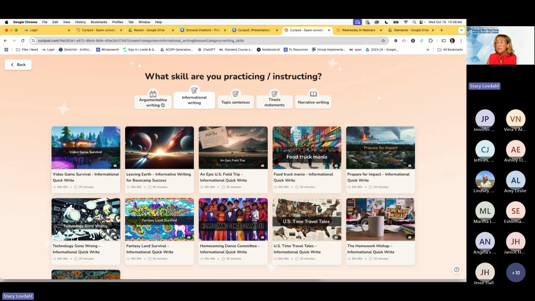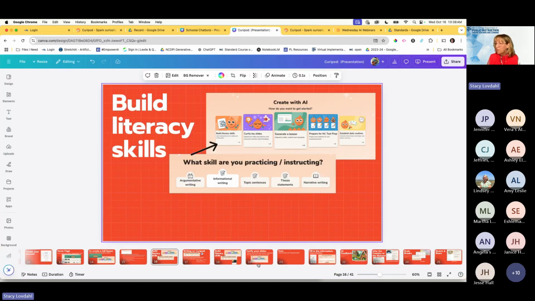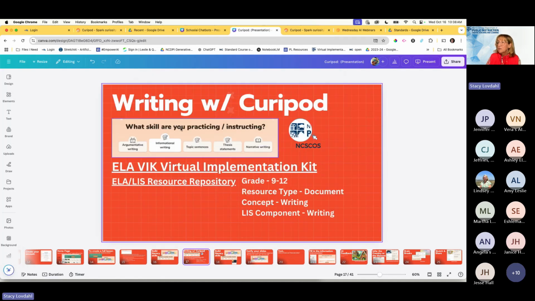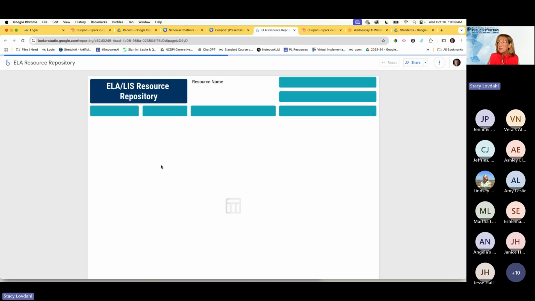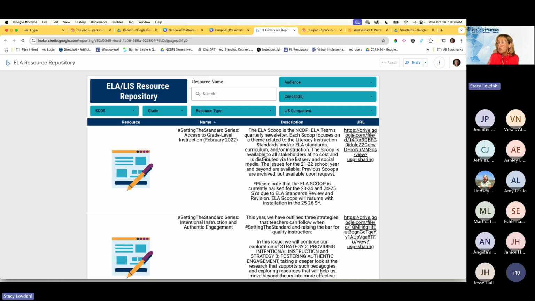And under build literacy skills, it gives you choices of argumentative writing, informational writing, topic sentences, thesis statements, and narrative writing. And I feel like this one is really well connected to what DPI's ELA VIK and those resources have been talking about. So under Writing with Curipod, we've got the ELA VIK, which is the virtual implementation kit. And then there's also a resource repository that they have linked there that gives you all of this information for